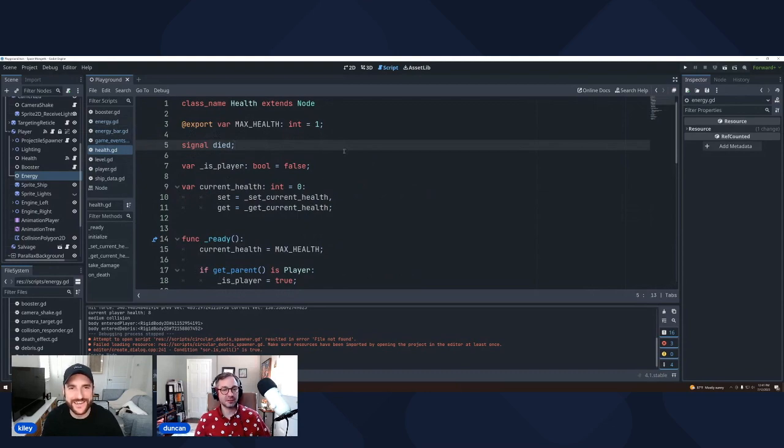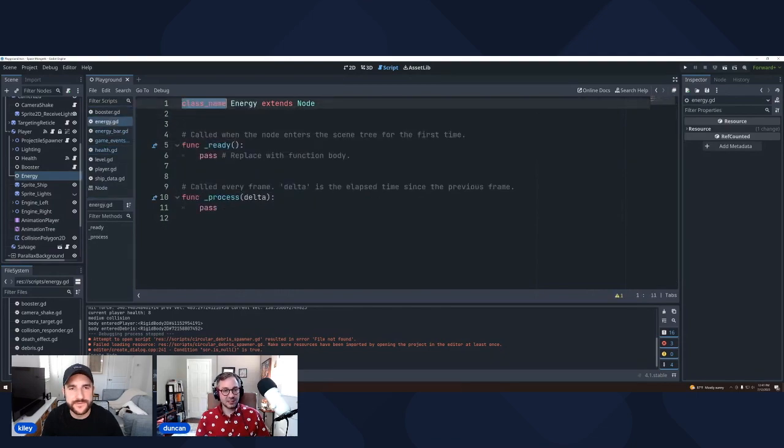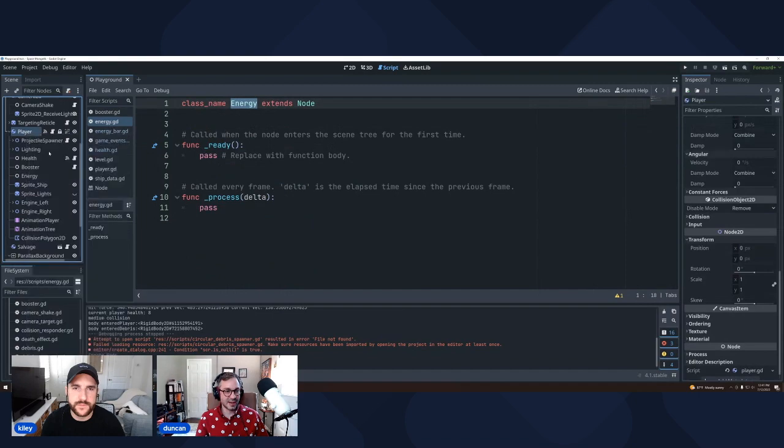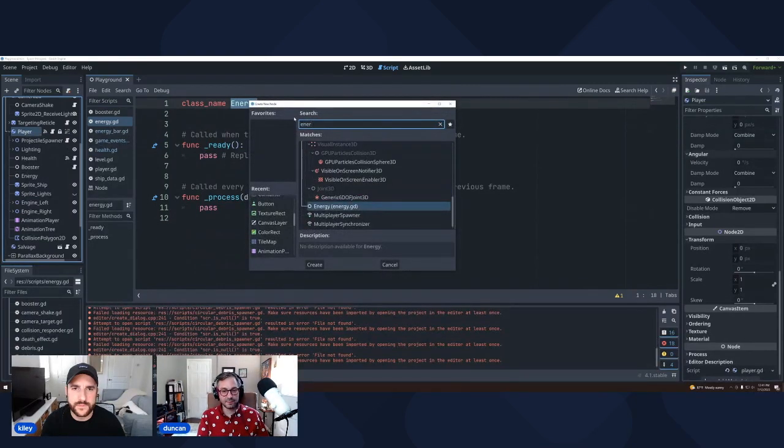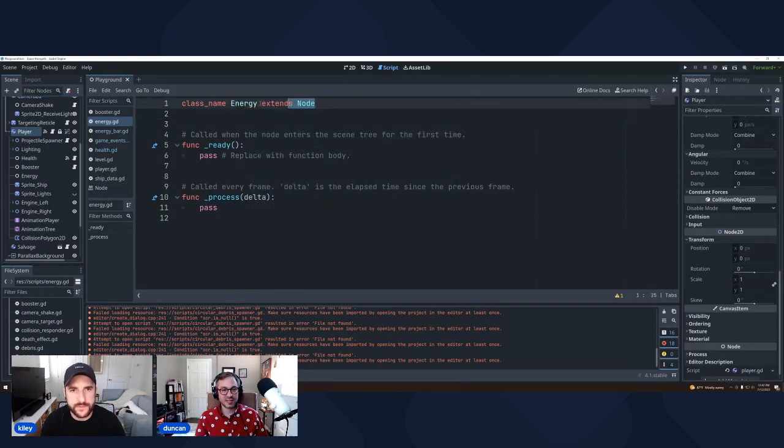The health bar already functions sort of like what I need. So let's just take the stuff that already works and get back in the flow. The first thing you'll see that I did is class_name Energy extends Node. There is some inheritance in GDScript, but in this case, once we've done this, if I were to go back to here and add a child node, you'll see that Energy actually will appear as a node in the editor itself, right? Gotcha. So that's pretty cool. That's what's happening here.